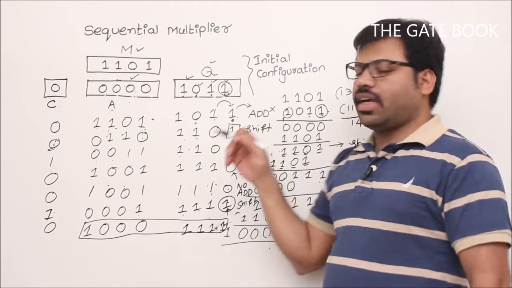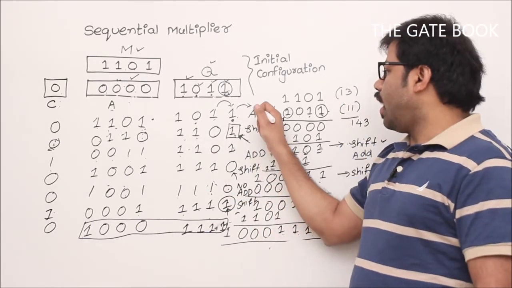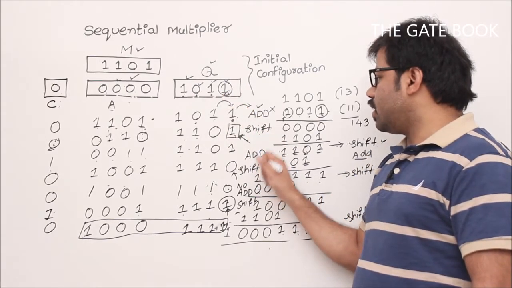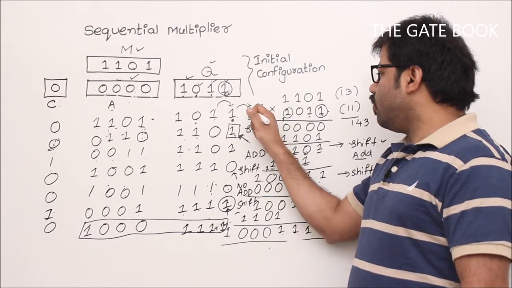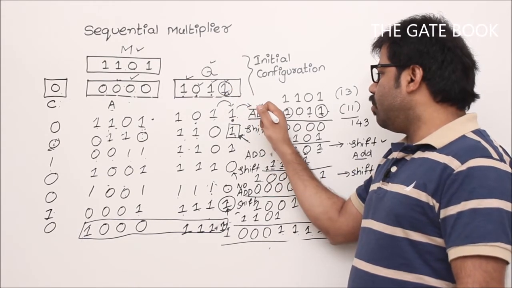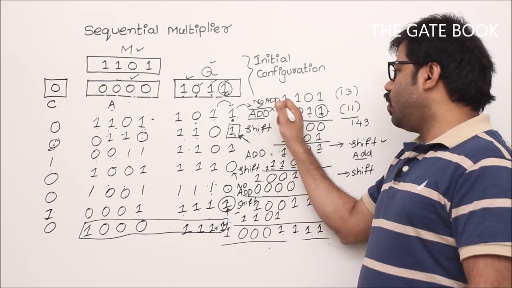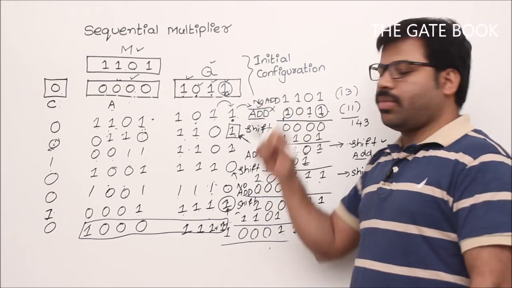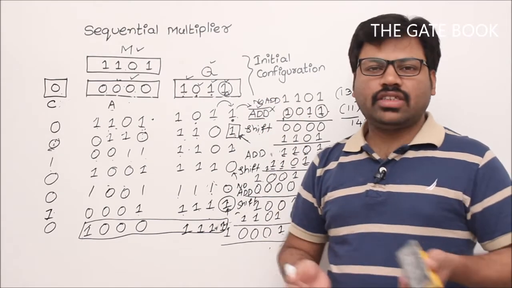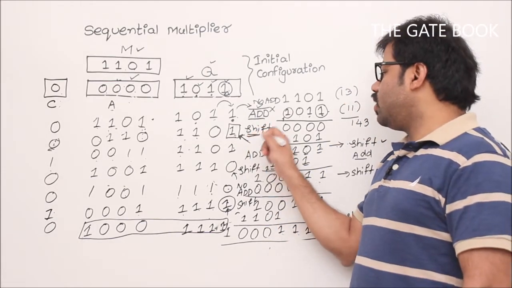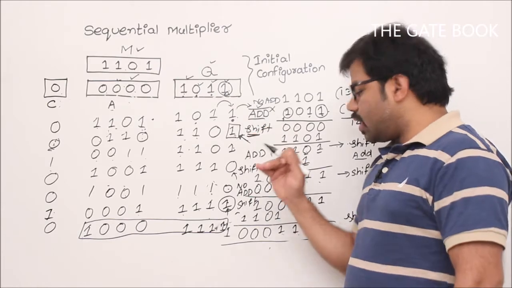What we have to do every time is, first we do addition, after that shift, after that addition, after that shift. Especially, this addition we have to do only if the bit is 1. If the bit is 0, then we do no addition. Doing no addition is nothing but skipping that addition, that's it. After that, every time we are doing shifting. So shift we are not skipping, but addition